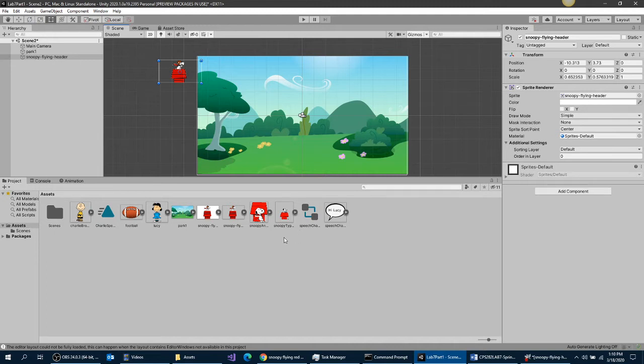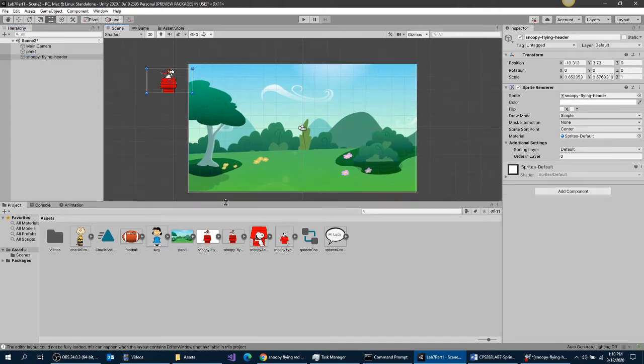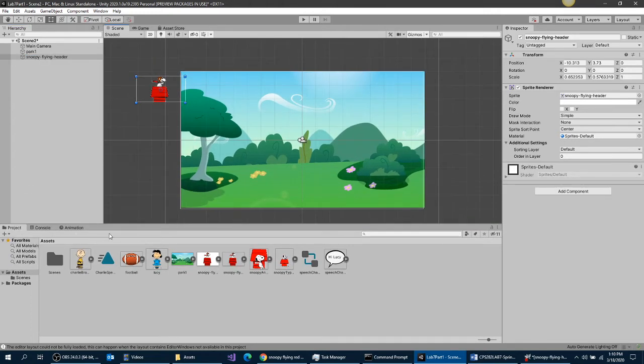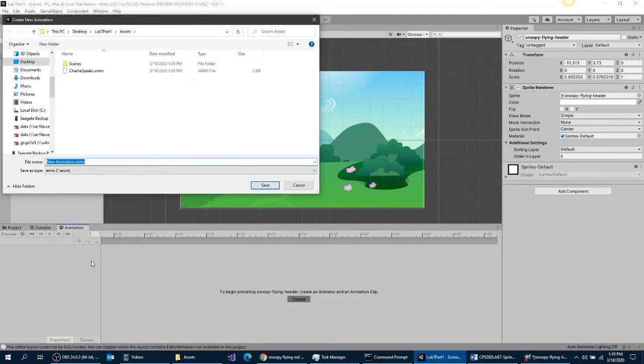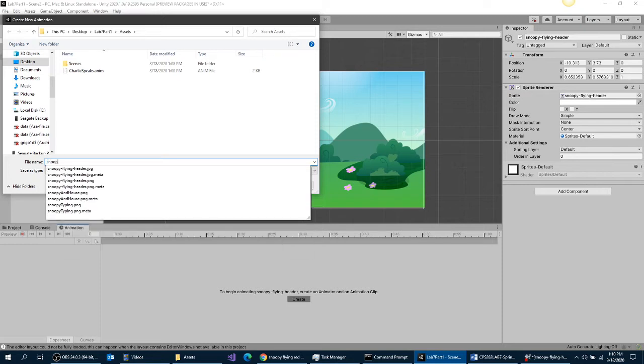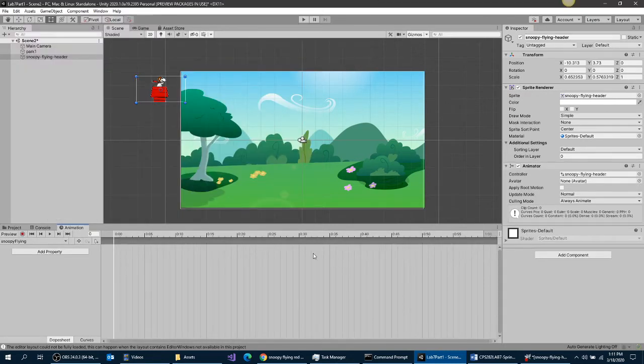I should name these more descriptively, the image, but you can do that as you go along. So to create an animation, we just go to the animation tab. I like to have the animation tab available right there along with the project, and so then we create an animation. So this is a review, and I'm just going to say Snoopy flying, and then what we'll do is decide that he's going to go across over 4 seconds, let's say, and then we'll just hit record,